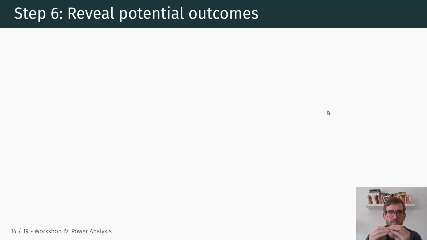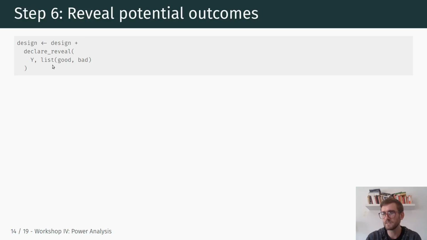The next step is to reveal the potential outcomes, and this is the step where, of course, in the real world, we don't observe all potential outcomes. We just observe realizations depending on the actual treatment assignment. And so this step reveals, out of the potential outcomes that we simulated, for each observation, the potential outcome that is appropriate for that actual treatment assignment and the actual covariates